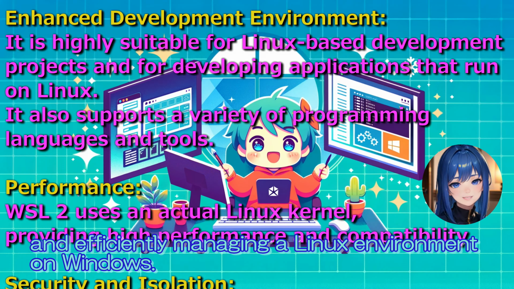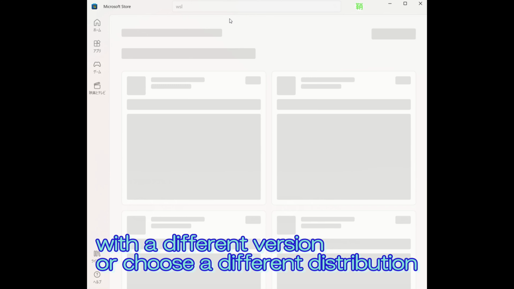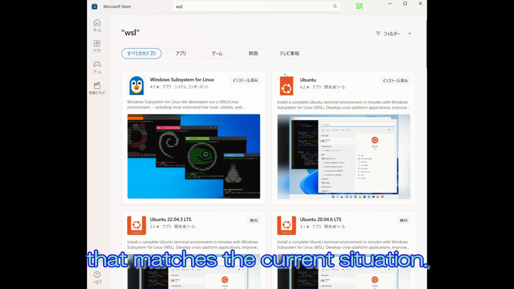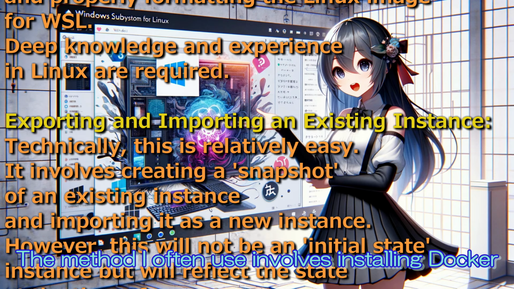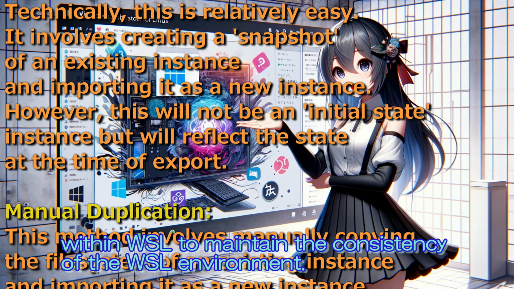The simplest method is to install either the same Linux with a different version or choose a different distribution that matches the current situation. However, for learning purposes, I will install multiple instances of the exact same distribution of Linux. There are other methods, as demonstrated in the video. The method I often use involves installing Docker within WSL to maintain the consistency of the WSL environment. However, there are times when Docker cannot be used, or when you want to use it for testing, and multiple